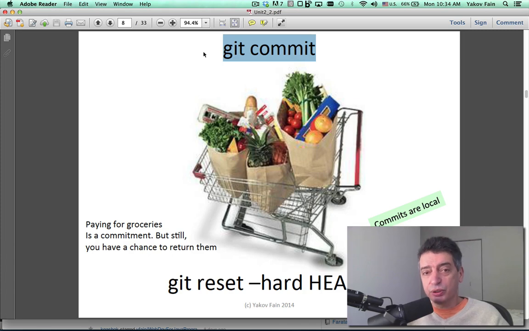Of course, if you want to undo, you can, similar to a supermarket. You can go to customer service and say, you know what, I don't want these eggs anymore. Can you please credit me? And you can return them. The same way with commits, you can undo. There is a command git reset. I'm giving you all these commands which you will be entering